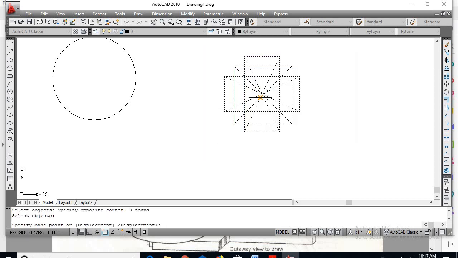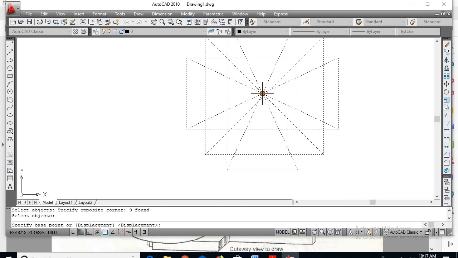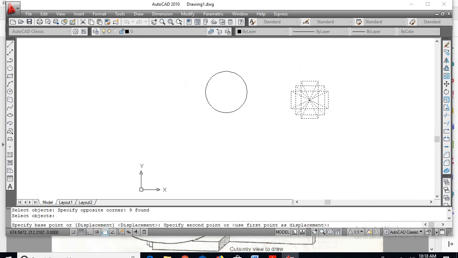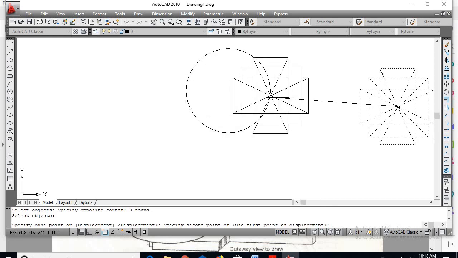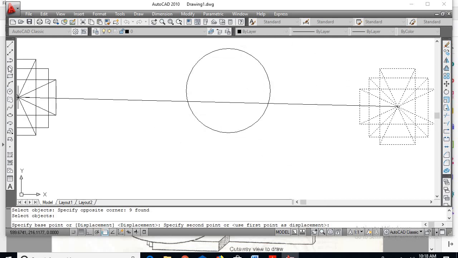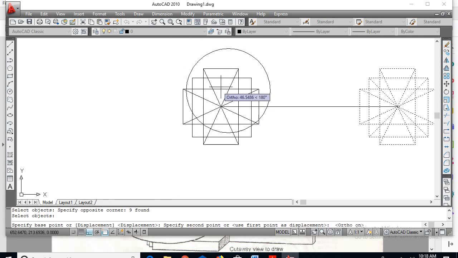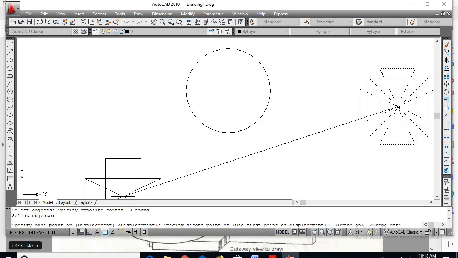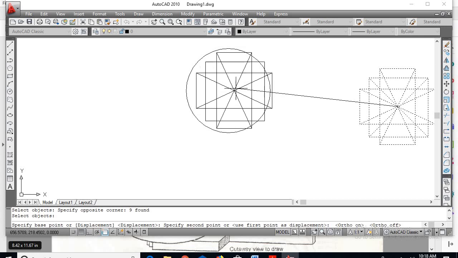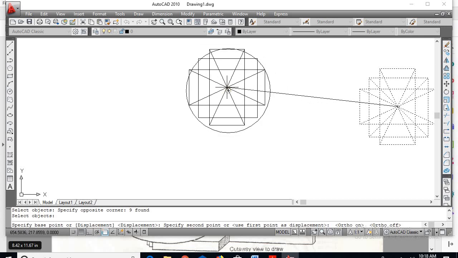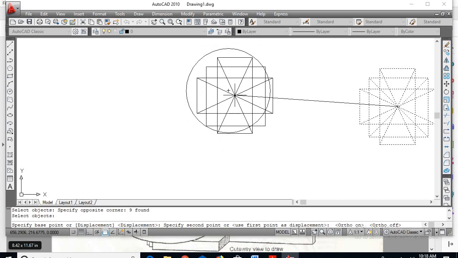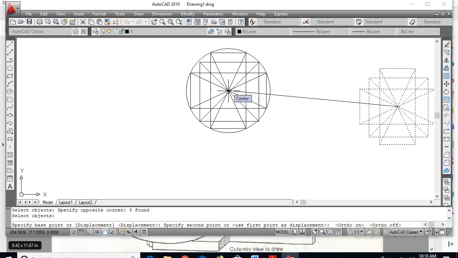Now select the midpoint, so here in the circle you must get the midpoint. Yes, so if I move the cursor, I'll be getting the midpoint. Once it shows, click here.